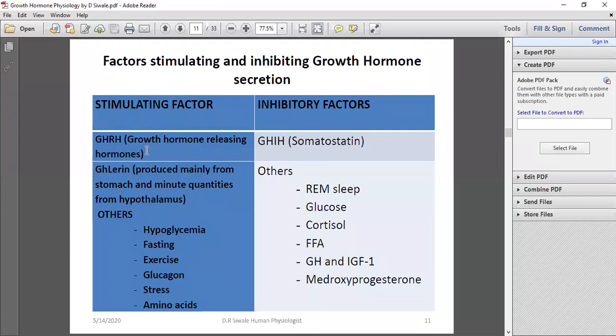The brain itself. We won't discuss the physiology of the hypothalamus, another topic on its own. But the hypothalamus is able to sense that the growth hormone levels have become low, so it will trigger the release of growth hormone releasing hormone. At the same time, the hypothalamus is able to release the growth hormone inhibitory hormone, which is also called somatostatin. So regulation is at the level of the hypothalamus, at the level of the brain, if you want to call it that way.